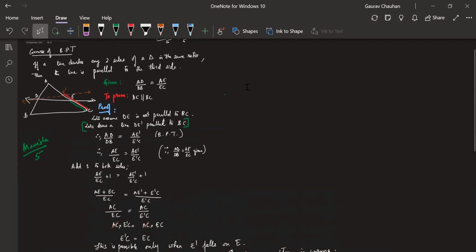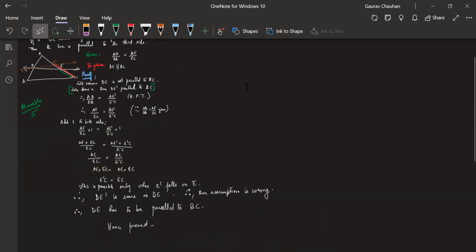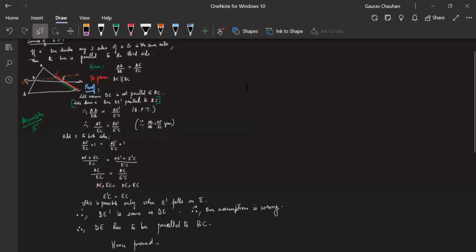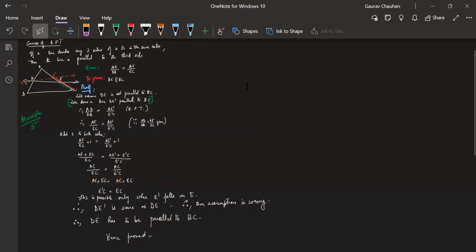Obviously, the steps is something you will have to work on, guys. It is a question which has been asked in board exams. Proof of converse of basic proportionality theorem. They will not ask directly. They will give you the words. So prove, given the words, prove that this. Okay. So I'm going to share this.